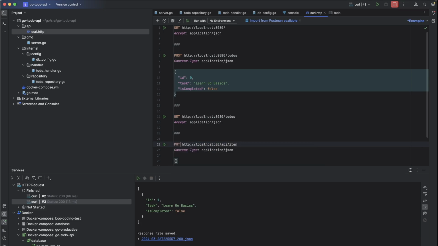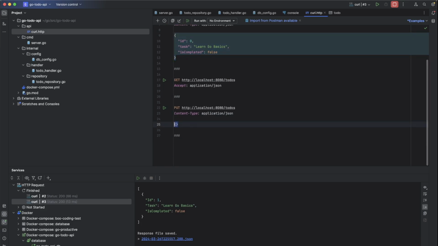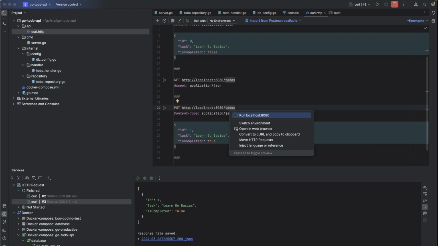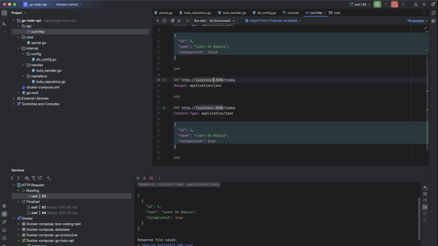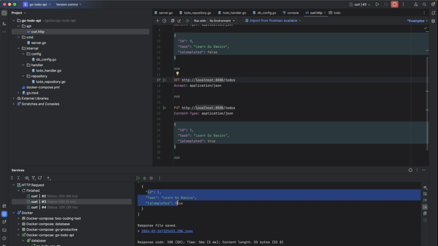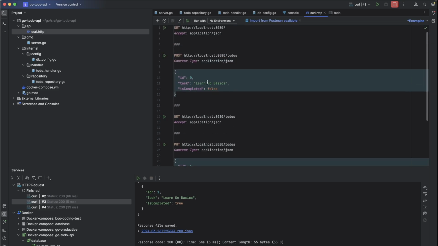It's a put request to localhost 8080 to do's. I will update this data with ID 1 into true. Okay, let's see what we have. There is no error, and the result is true. It's completed into true. All right, put method is fine, and then I will create the new one.